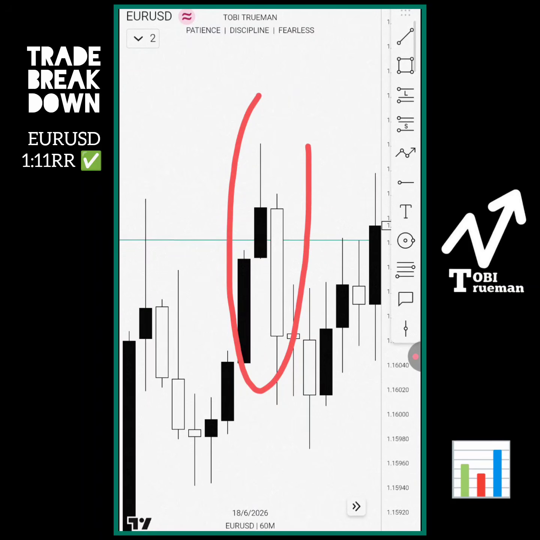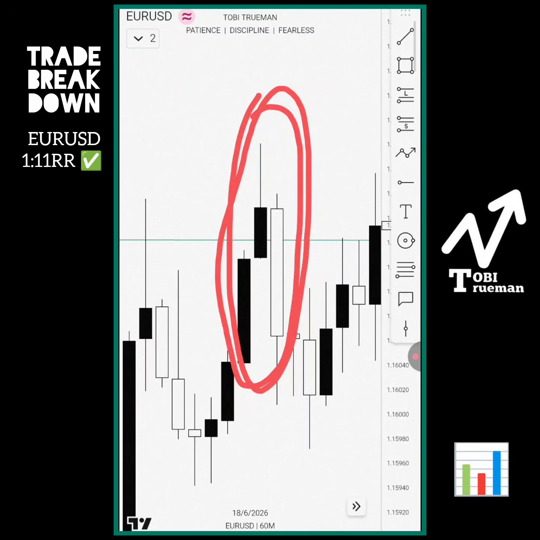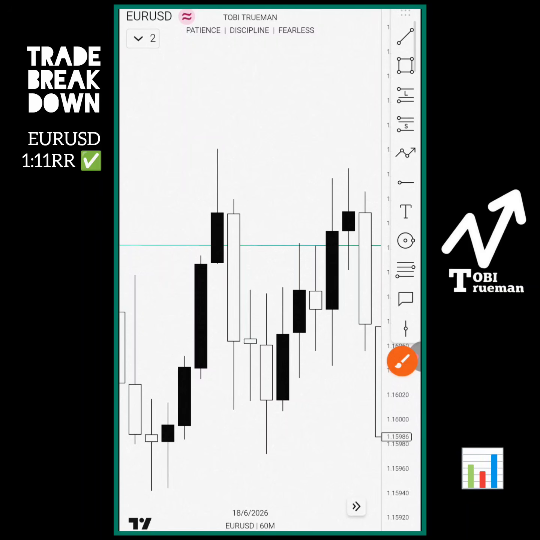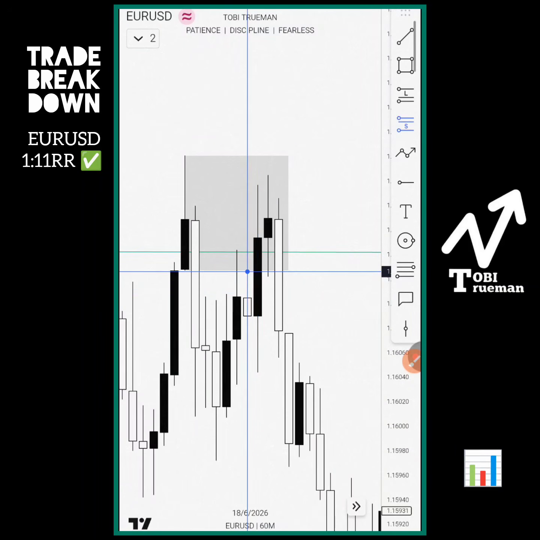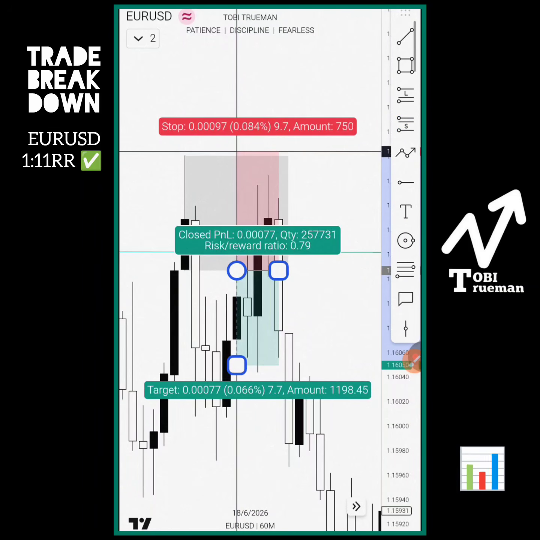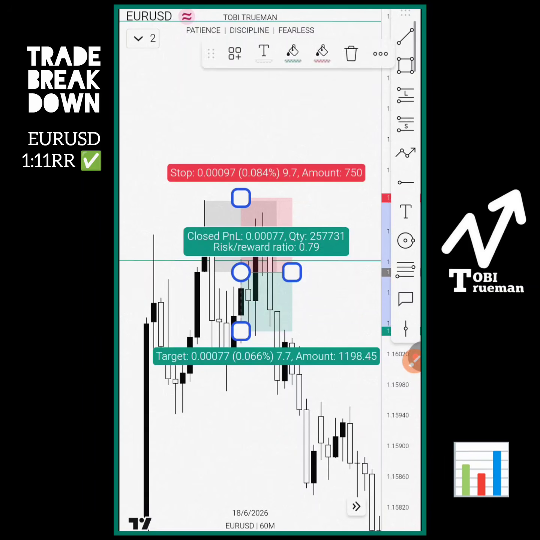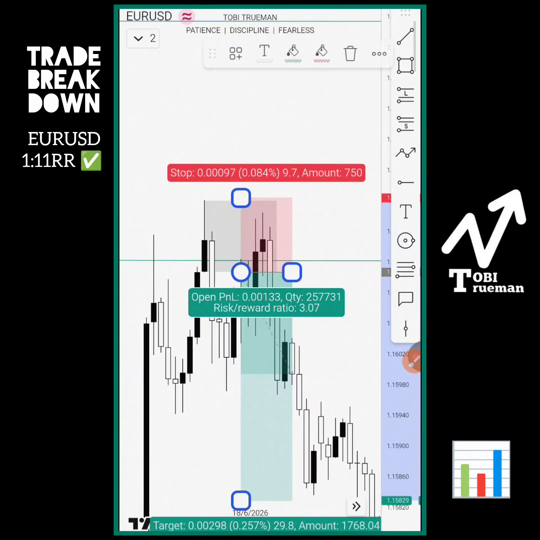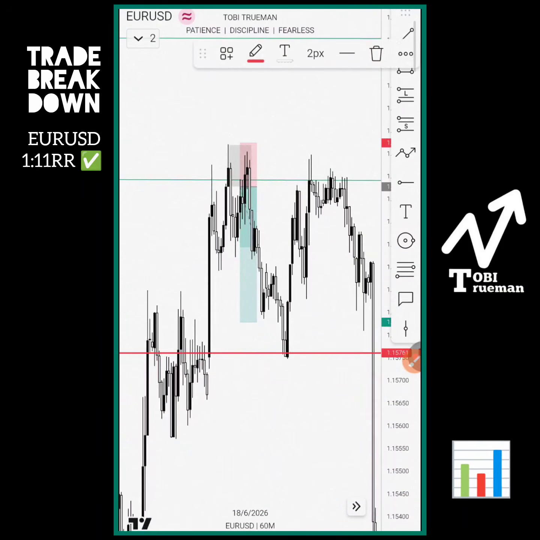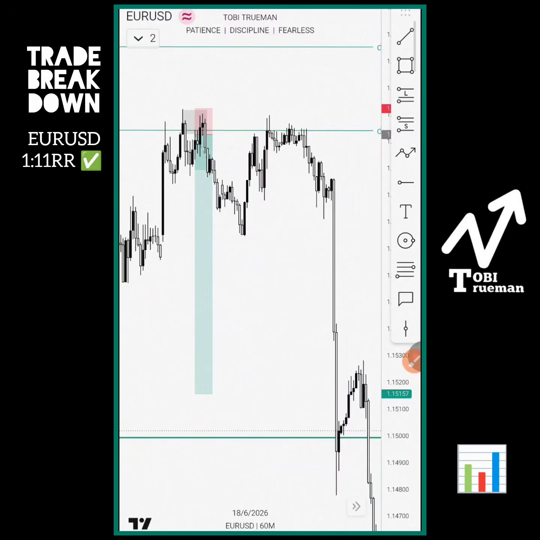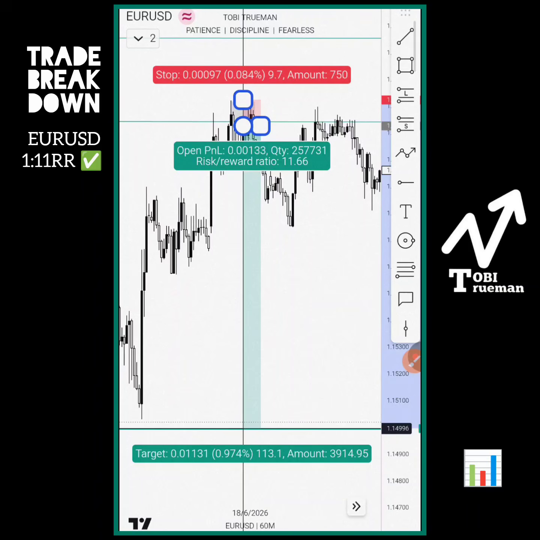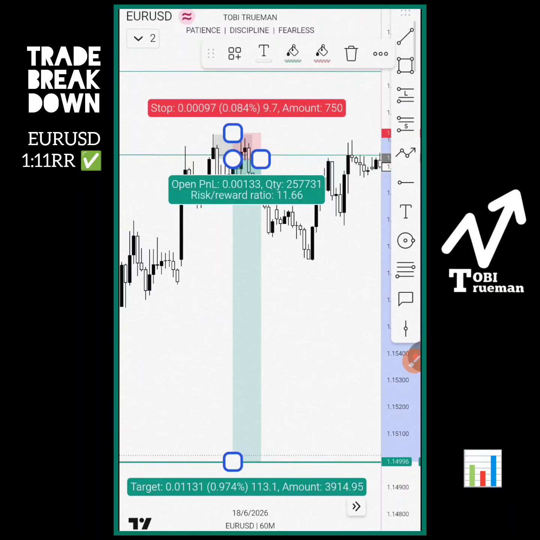This is our evening star candlestick pattern. Then what are we supposed to do? When we see that signal, we will put our sell there. We want to sell this trade, so we put our sell. Then we can target any amount of target, maybe 1 to 3, 1 to 2. But in this trade, as you can see, our target was this day's previous low. The day's previous low was our target,